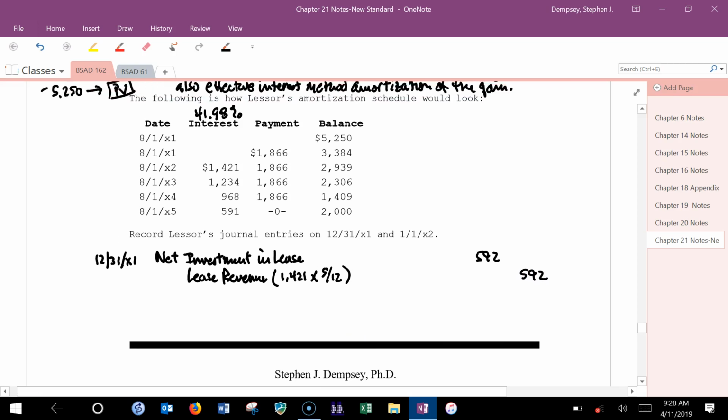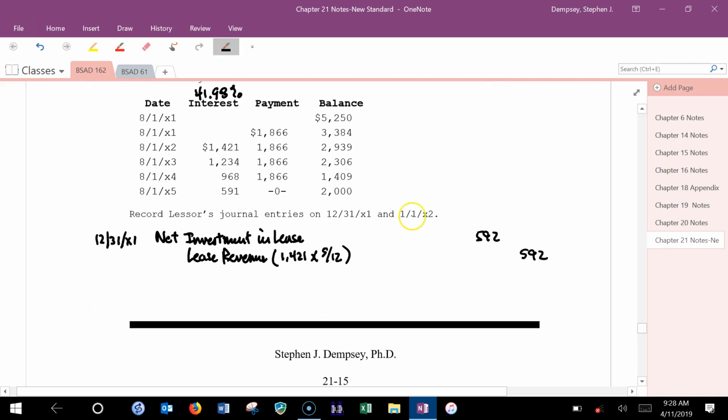And what would they do then also on the next date? I should probably say here, well, on 1/1, I see that I have to rework these notes. So we wouldn't do anything until when? The next entry for the lessor would be next August 1st. So let me cross this out and leave it at that. Sorry, mistake in my notes.